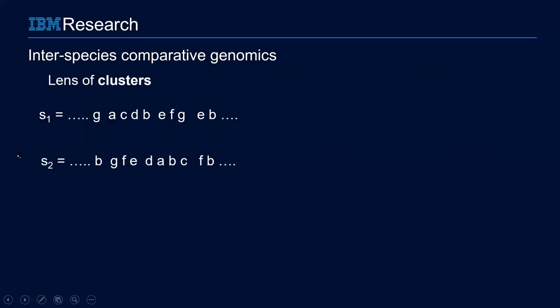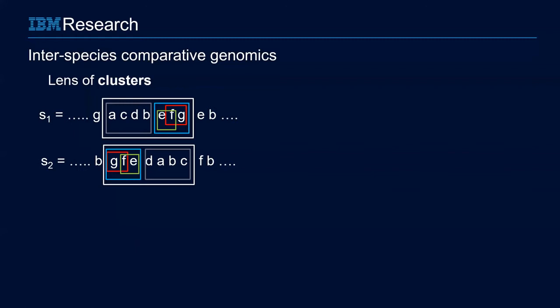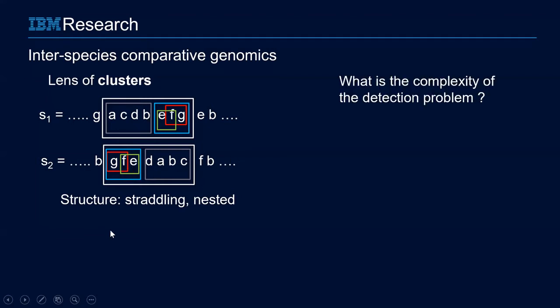So here are two species. This is interspecies, and these are homologous genes. And we are looking for genes that sit together in these two species. All the boxes here you see are clusters, and you immediately see a structure or an architecture. The red and the green overlap, and they're contained in the blue, the gray is contained in the white, and so on. So there is a complex architecture to this problem, and the immediate question that comes to mind is,